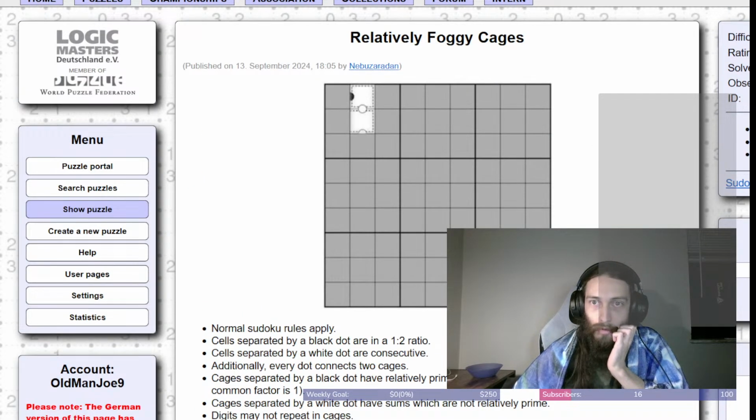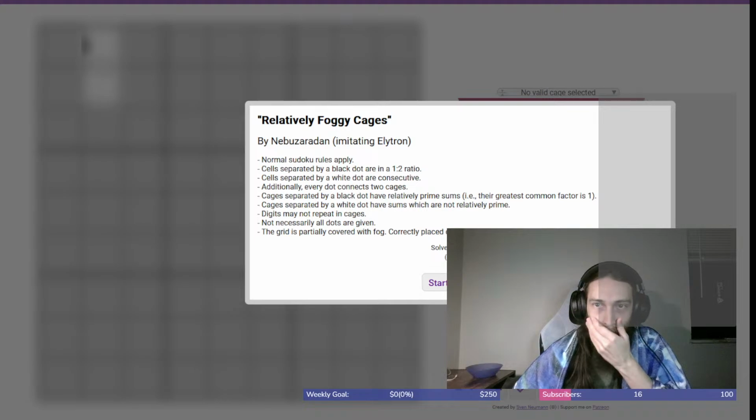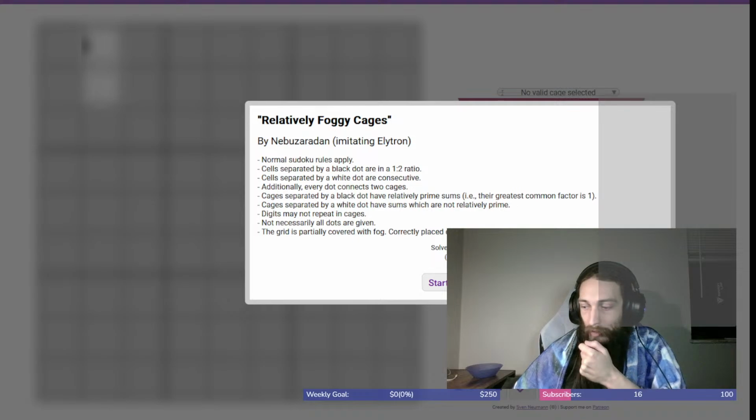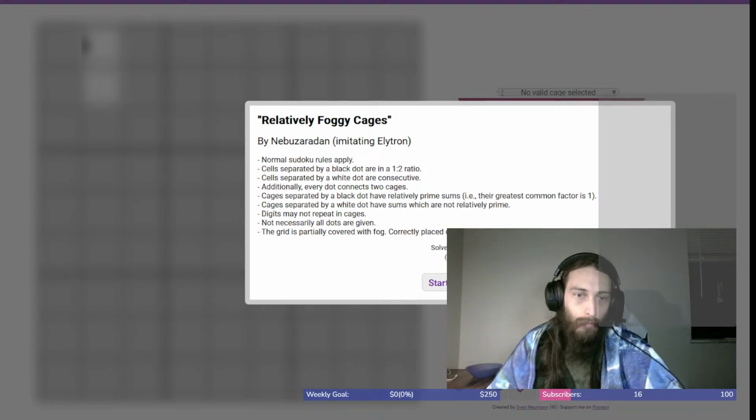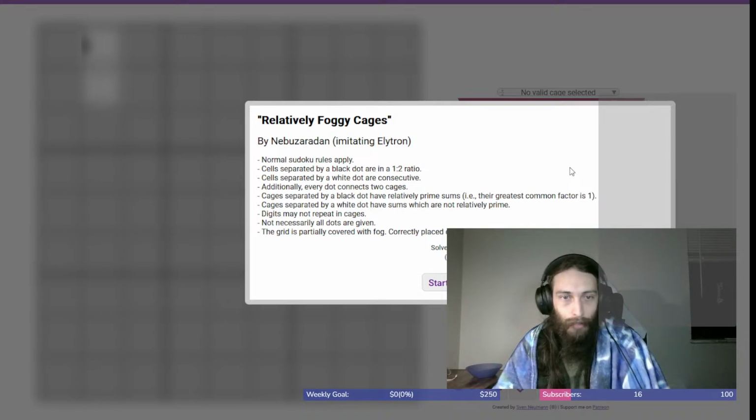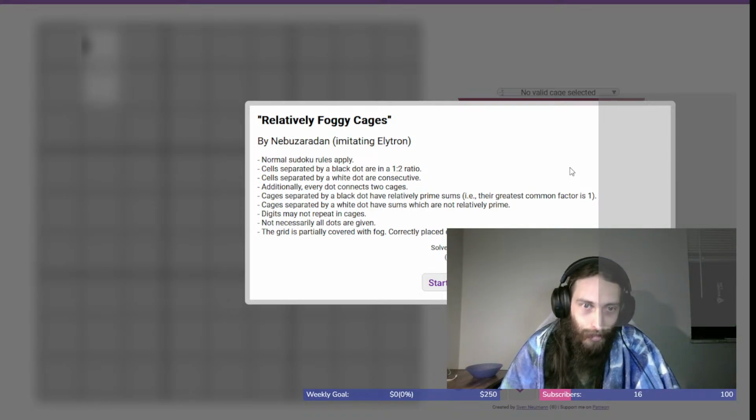So, Sudoku pad. We do have 15-ish minutes, so I don't know if we're going to get to the other two puzzles. So let's just see how quickly we can get through here. Relatively Foggy Cages by Nebuzaradan,